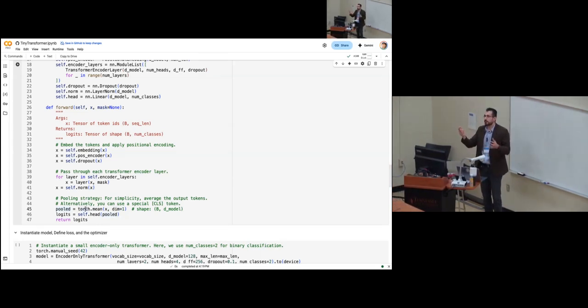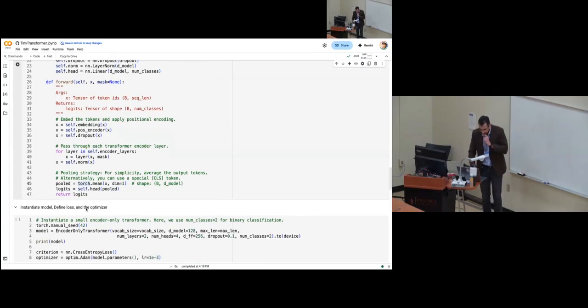Should you use the CLS token or some sort of a pooling mechanism? The community is kind of torn between these two. Some say using pooling mechanisms is better than the CLS token, but maybe that's for another day. So we do the pooling, and then we send these pooled tokens into our classifier head